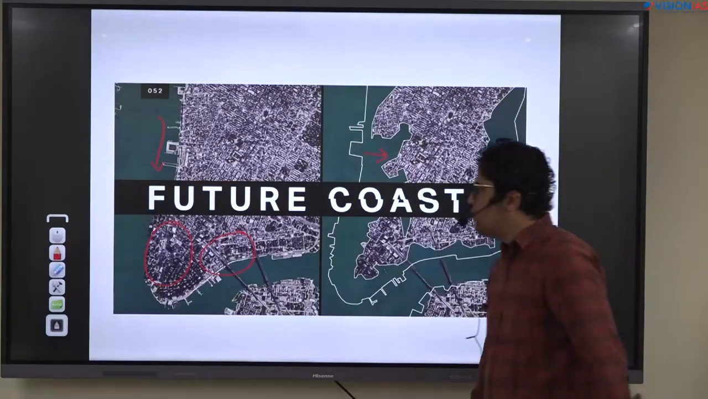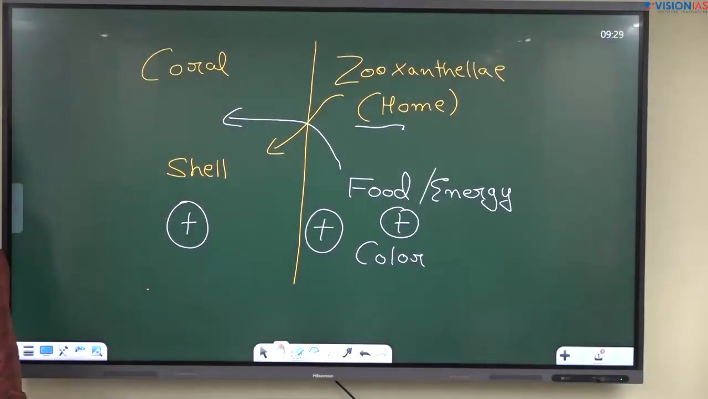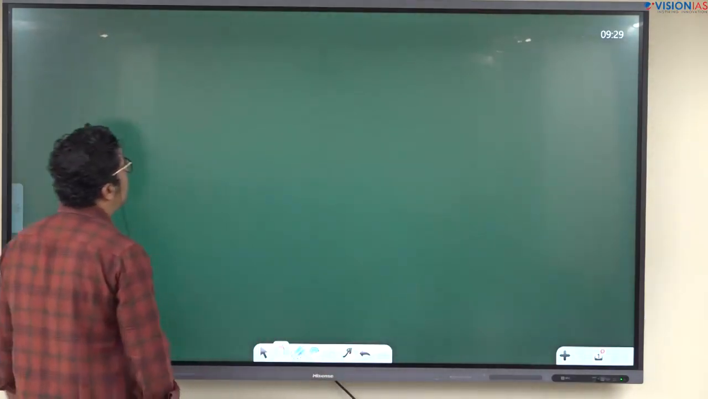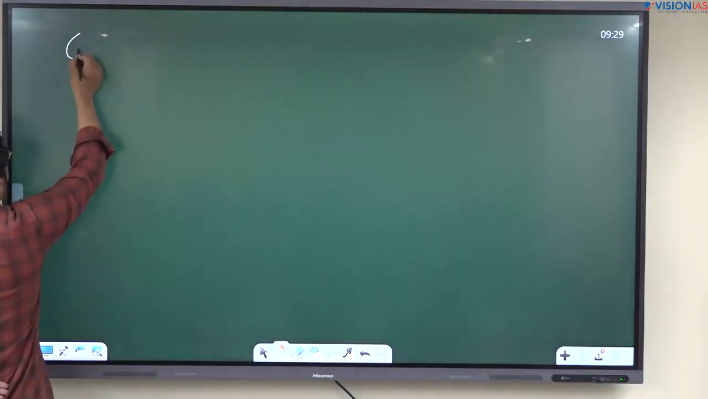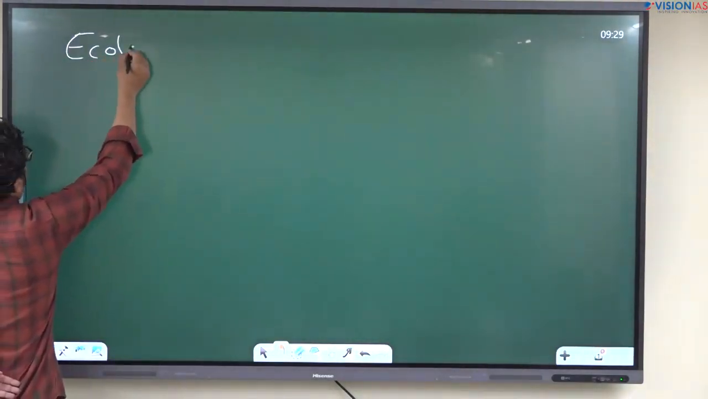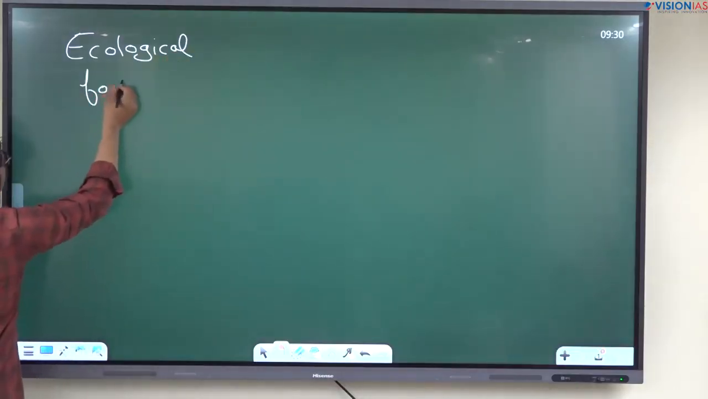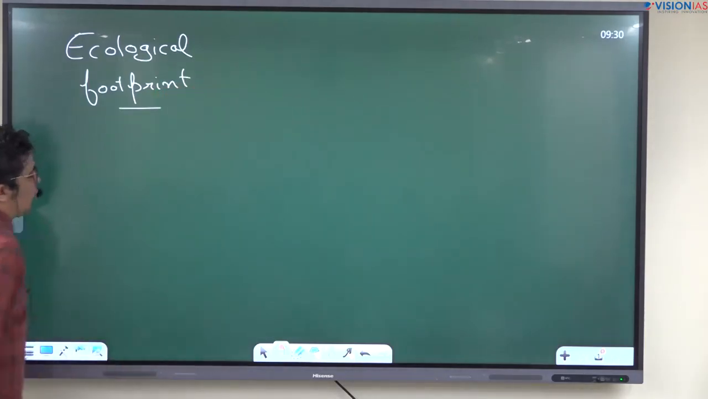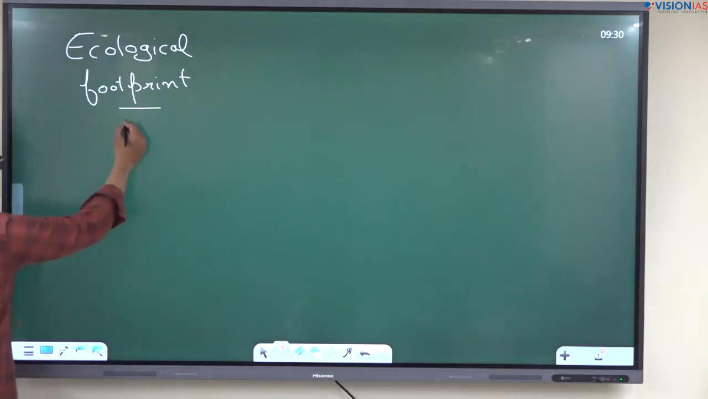Now come to point number 7. There are some definitions given, definitions which come in your newspapers and in your current affairs. So let's get familiar with these definitions. First is ecological footprint. In one line, if we have to define what ecological footprint is, ecological footprint is